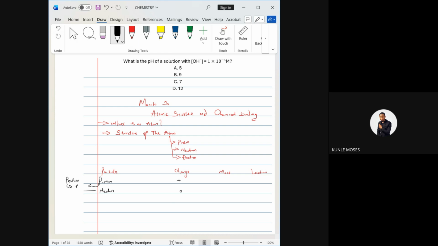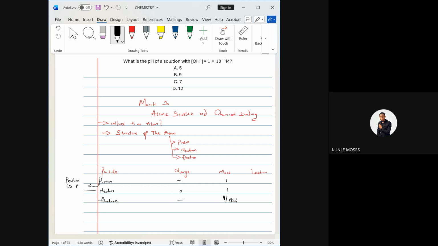Neutron takes the word neutral. So anytime you hear neutron, it was from neutral. Neutral simply means no charge. So it has 0 charge. So since we have positive and neutral charge, that means the last one will be negative charge, right? I'm teaching you this in case you are confused in your exam. So electron has a negative charge. The mass of proton and neutron are the same thing. They are 1 each. While the mass of electron is not up to 1. It is 1 over 1,836.